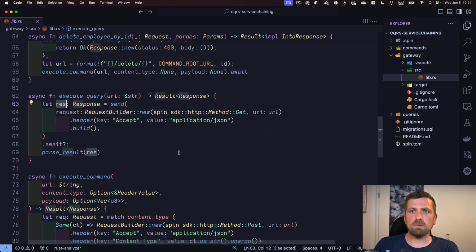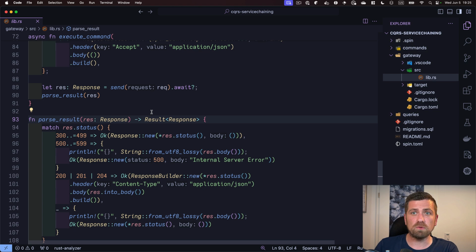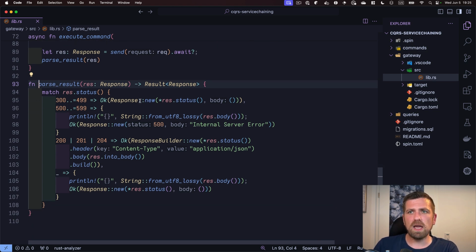So we use the parse result method for both queries and commands. Every HTTP invocation calls into some backend component, and every response we get back from some backend is sent to the parse result function, which can do